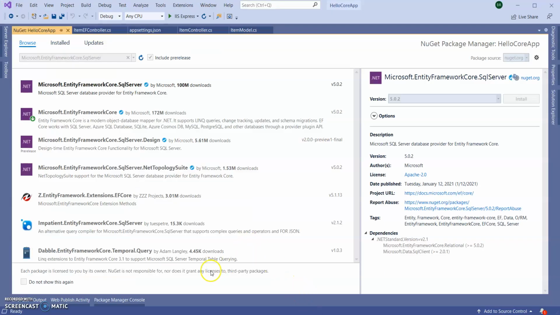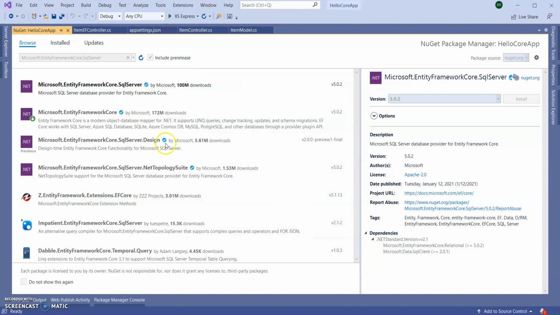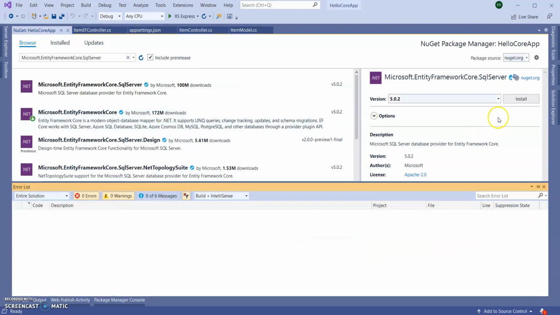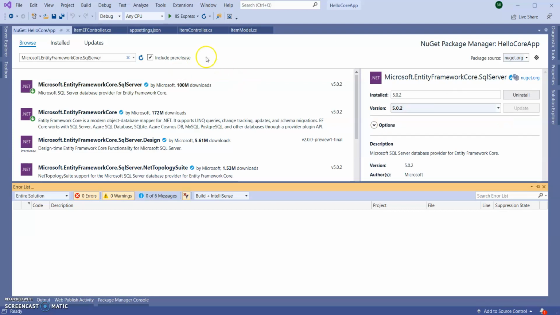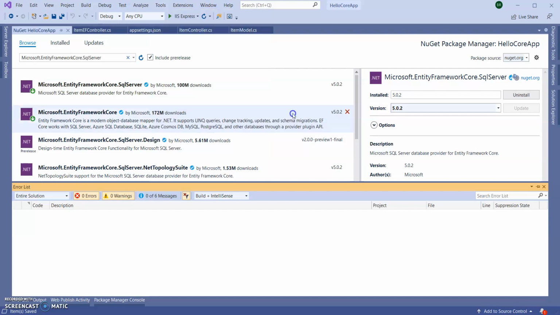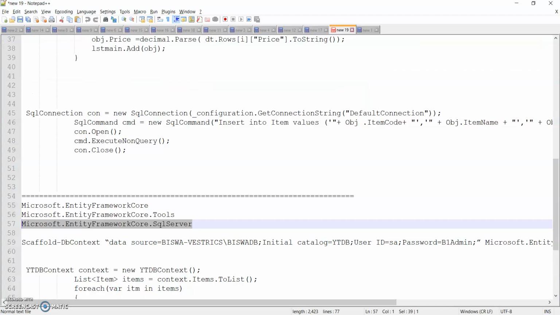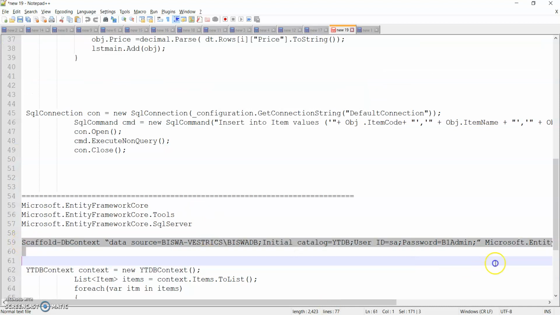Let's click I Accept. Wait until it is completely installed. Okay, save the application. In Tools, NuGet Package Manager Console. In the console itself, I'm going to do the scaffolding. For scaffolding, I'm going to use this command.